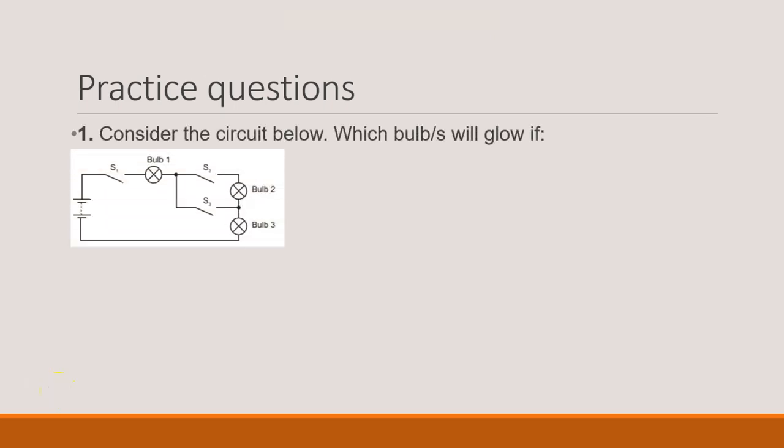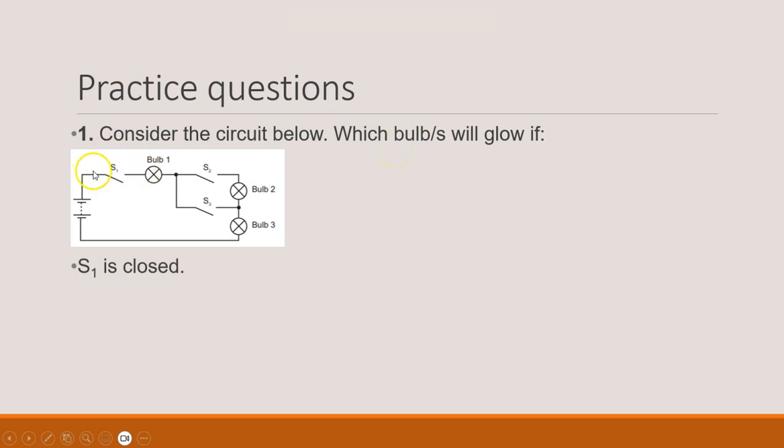Consider the circuit below. It's a bit of a weird looking circuit. What we have is 3 light bulbs that are in series with each other, but we have switch 1 over here, and then we've got switch 2, and we have switch 3 that is in parallel with switch 2. Which bulbs will glow if